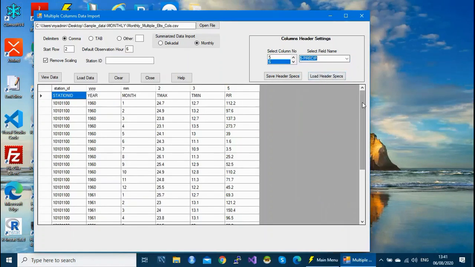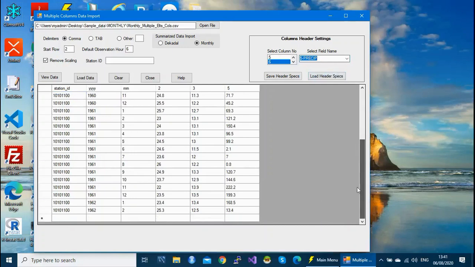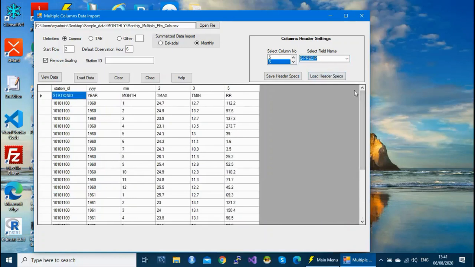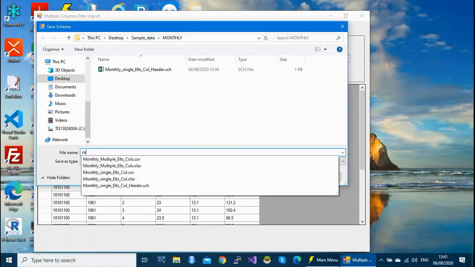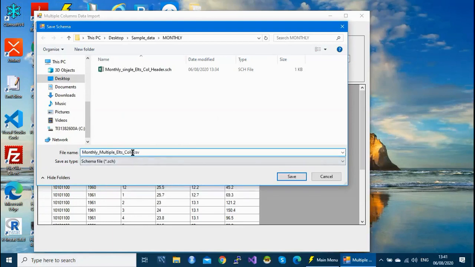So you've matched correctly. Before loading your data, you need to save this header because we never know, you can reuse this one. So click here, save, and select monthly data, multiple element column.